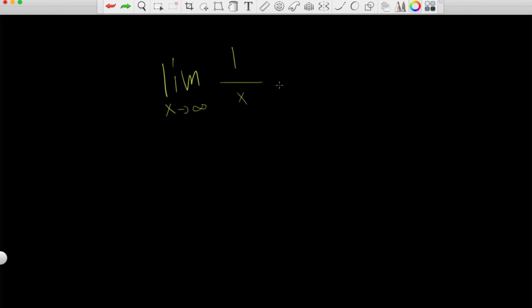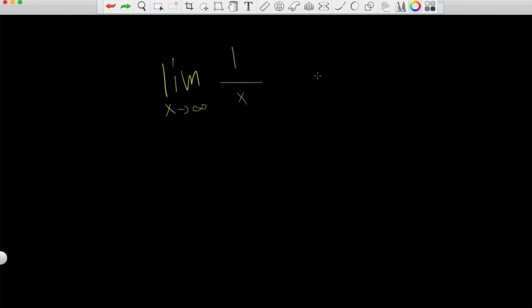And what happens to the function just means what happens to the y value of the function, right? Because if we have some x input for a function, and then we get some y output, we're looking for what happens to the y output as x goes to infinity. All right, well, let's see what happens. So we can't really plug in infinity, right? I'm not sure how to do that. It doesn't really exist. But what we could do is find a pattern of what happens as we plug